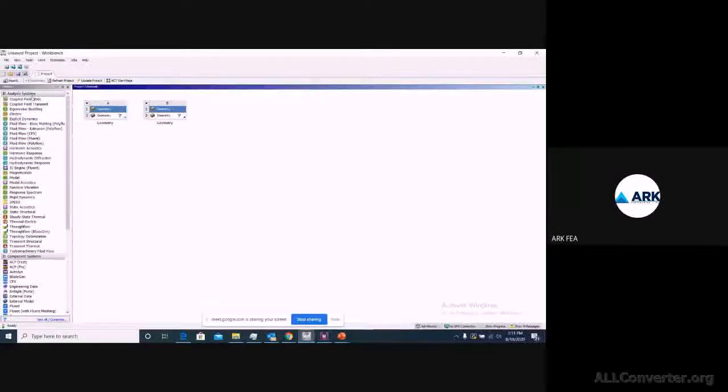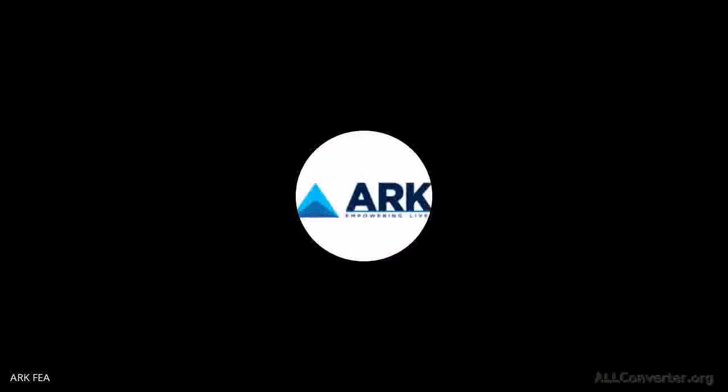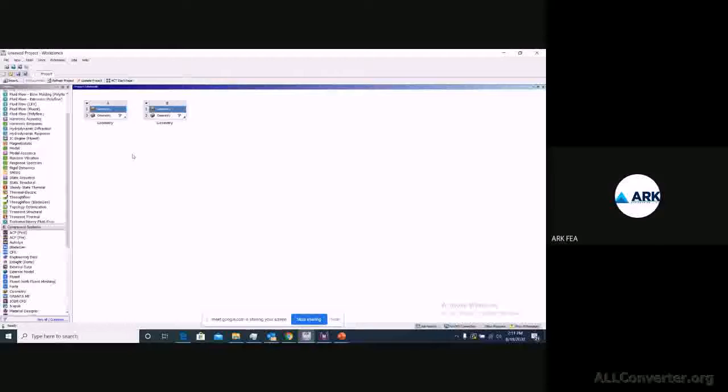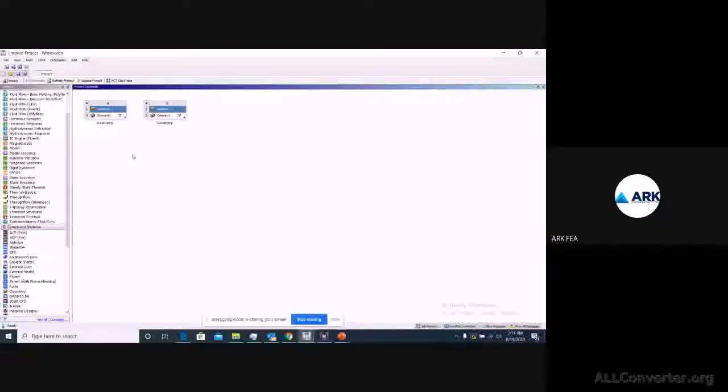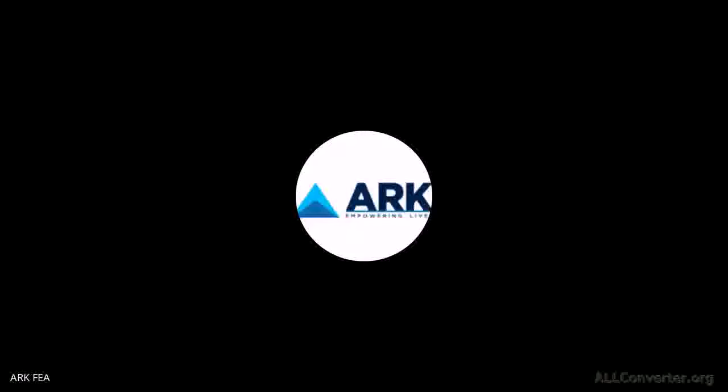The first toolbox you see is of Analysis Systems. Different systems combined together can give you an analysis type, that is either you want to deal with structural or CFD, CFX, whatever type you want. Or directly only work on mesh, only on geometry, or only on the material part. So you can take one single component, link them, and then attach an analysis type to it. So these are the two different ways to work on it.